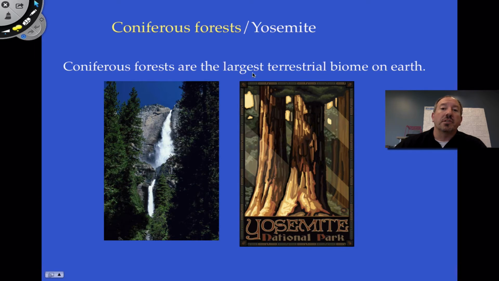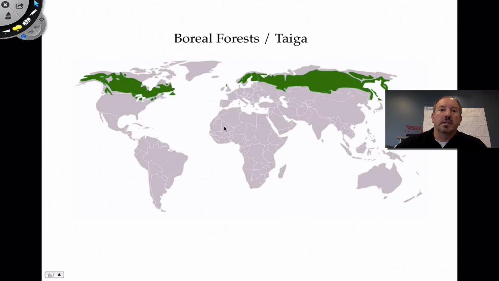Coniferous forest is the largest of all terrestrial biomes. It dominates. Like, look at this. It's like almost all of Canada, and it's not even being shown here in the United States. And look at this, all of northern Europe and northern, like in Russia up in here. And so sometimes the coniferous forest is called the boreal or boreal forest or taiga. And so all of that means the same thing.